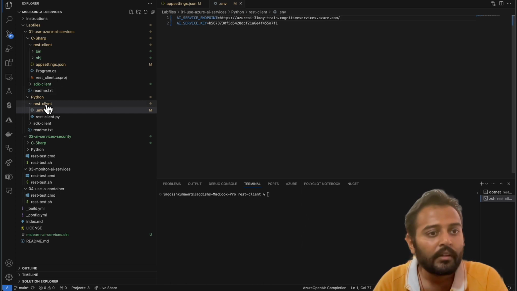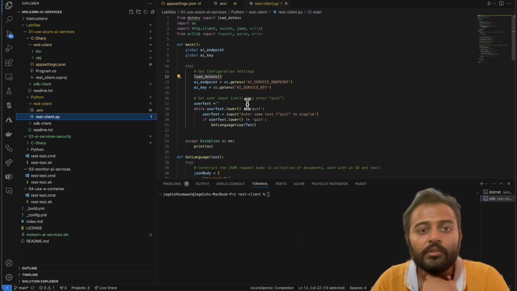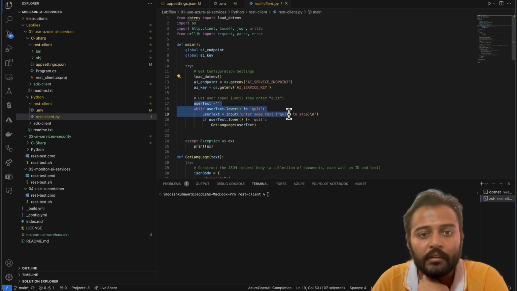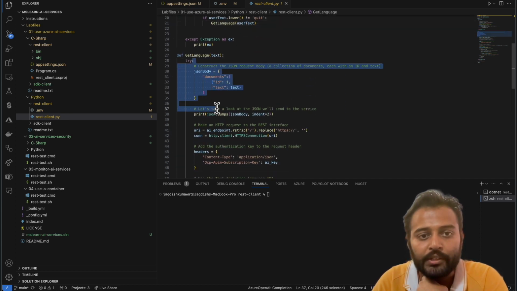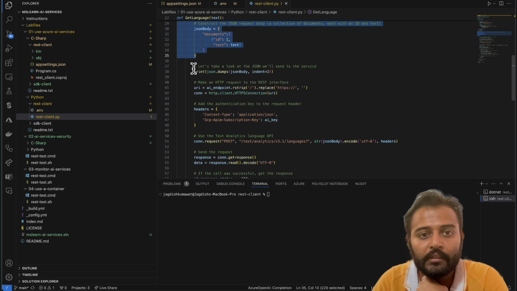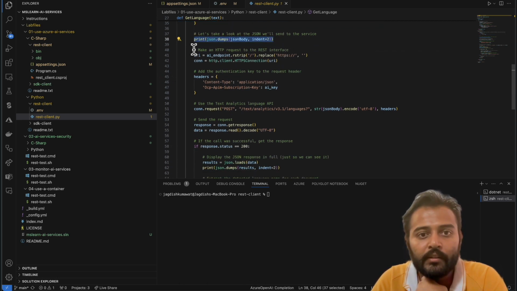All right, and let's see what else it has. So initializing the properties from the environment file, taking the user input, getting the language, preparing the JSON body, printing the request body on console, generating the URI,